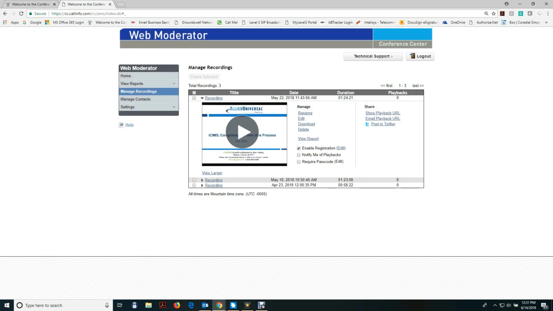And also the system will notify you of a playback. So if you wanted an email notice sent to you when someone has viewed your webinar for playback, you can select that option here. Then you can also add a passcode to it. So obviously any audience members that came back to view it, they would need the passcode in order to view